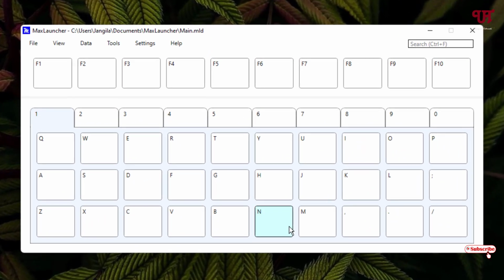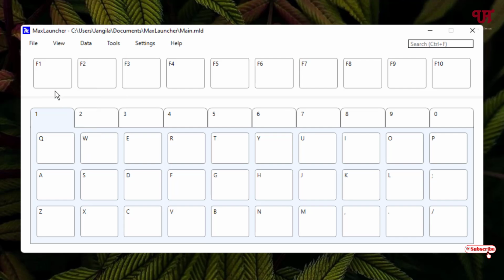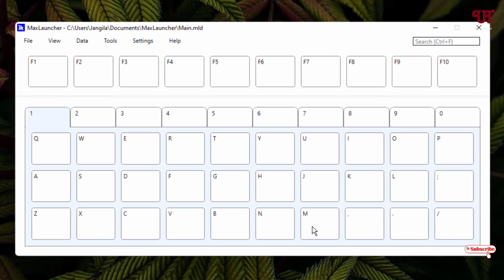So finally you can see the user interface of this software, right? Firstly just click on this view option and just disable this auto hide. And now in order to add the application on the respective keys, what you can do is just drag it onto the respective key option. So you can see I have put this software on this M. Now if I press M, it will open the respective software,